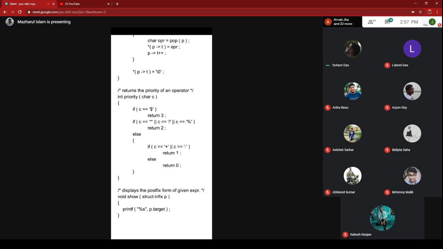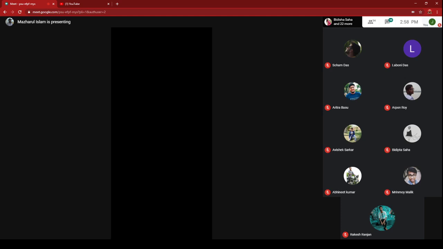Initially, it may give you some confusion. You may not be satisfied, but believe me, after going through some worked examples, you will understand the logic, and then see this implementation, especially the convert function and my algorithm that I have presented. It has one-to-one correspondence. You can easily match it.